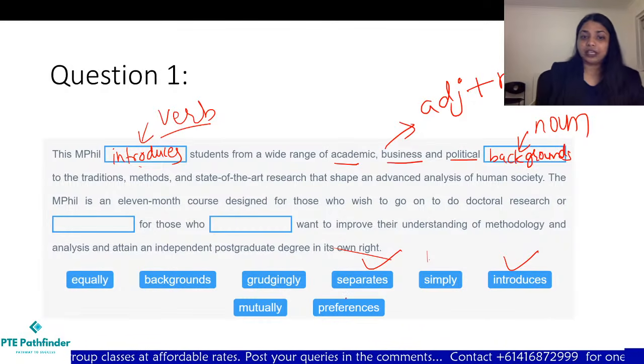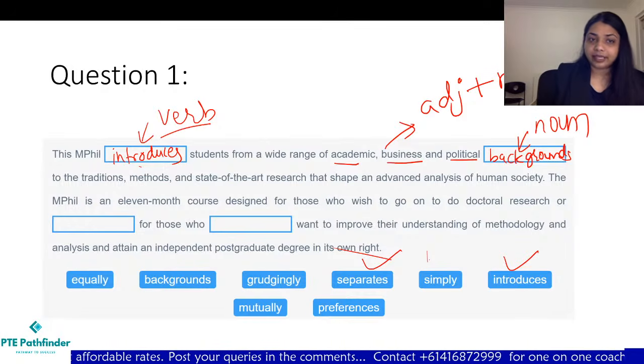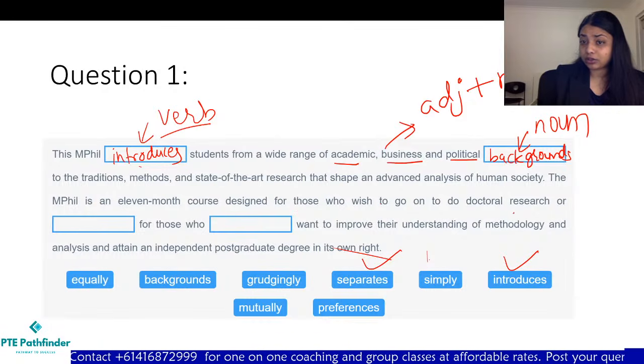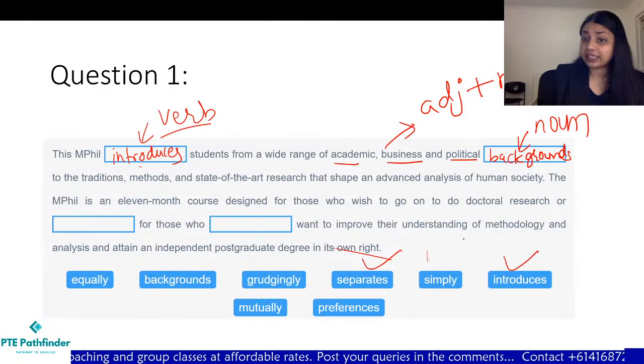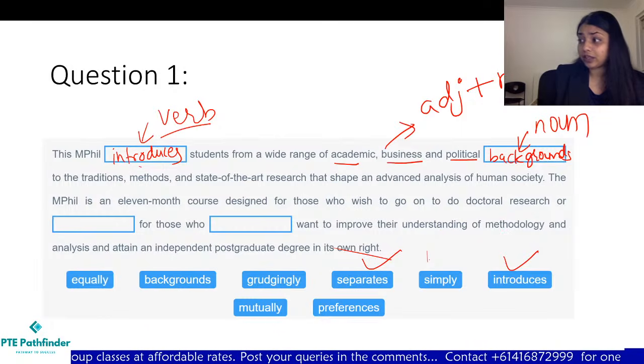Now, let's have a look at the next blank. So it says the MPhil is an 11-month course designed for those who wish to go on to do doctoral research or dash for those who dash want to improve their understanding of methodology. So